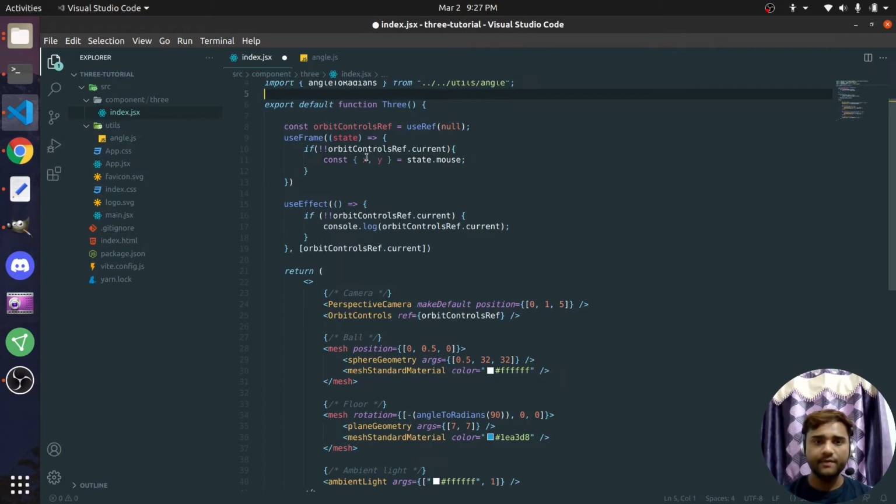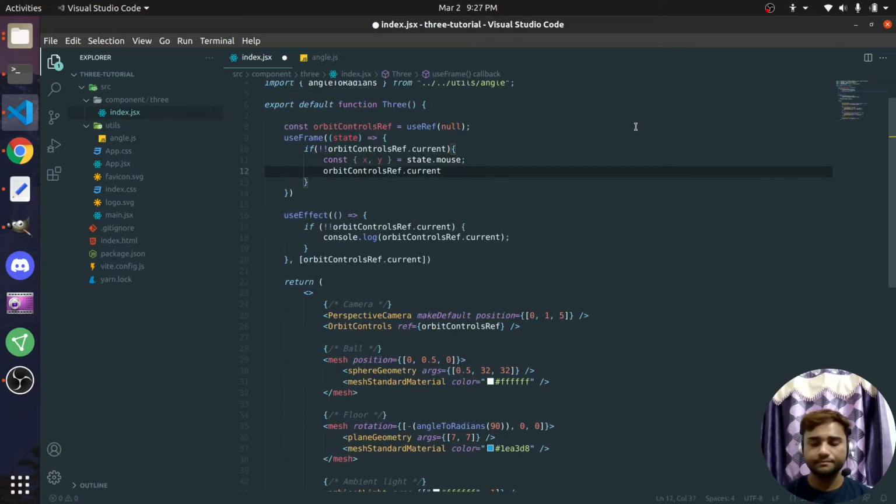And we have the x right now. So all we want is to call the set azimuthal angle to B. But before we do that, we need to